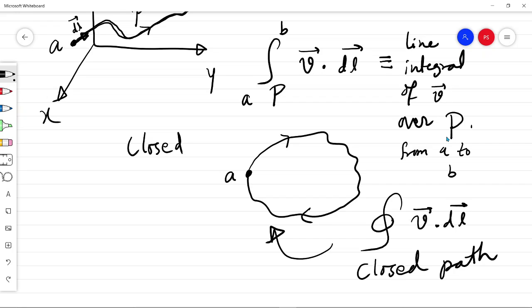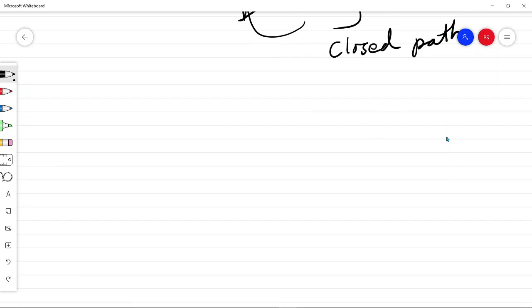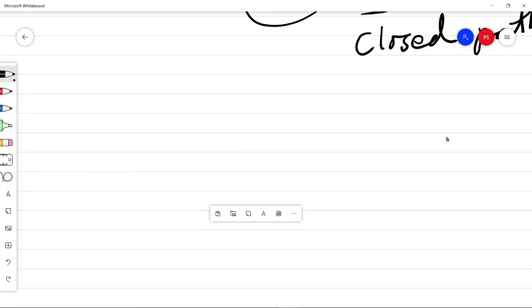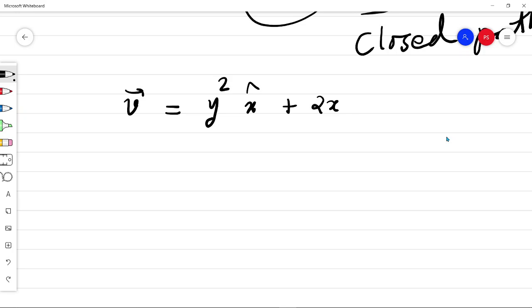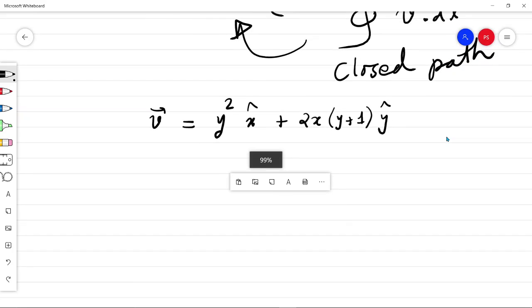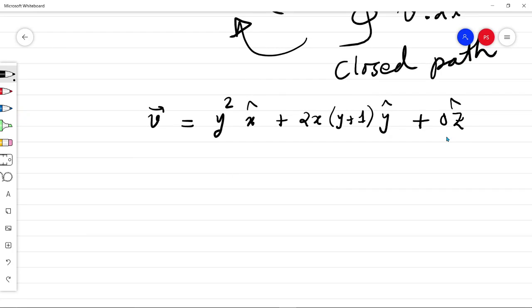In order to understand how to solve this, let us take an example from the book by Griffiths on electrodynamics. Consider a vector function v bar of this type, namely v bar equal to y squared x cap plus 2x into y plus 1 y cap. Now note that in order to simplify this, we are just avoiding the z component here. So z component is absent. So let us just erase this,